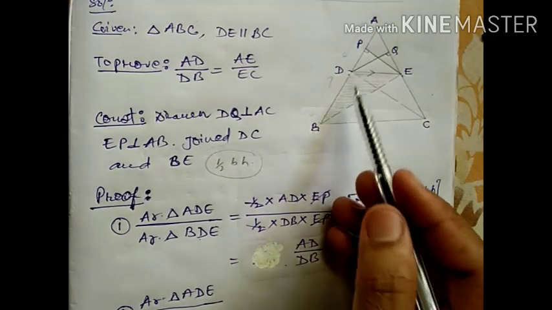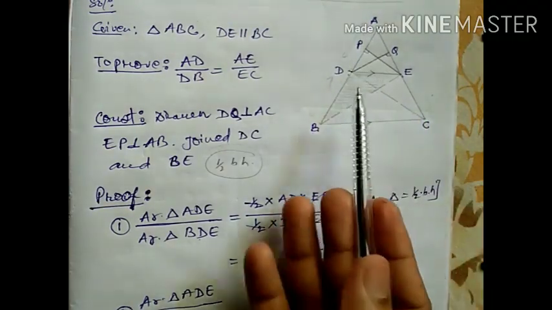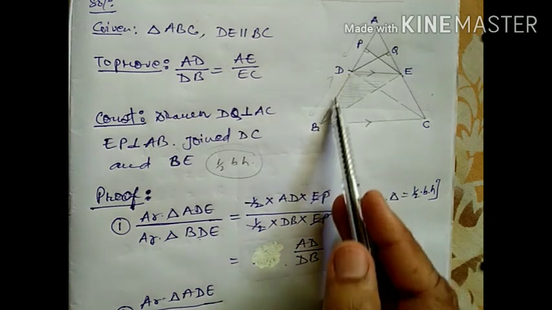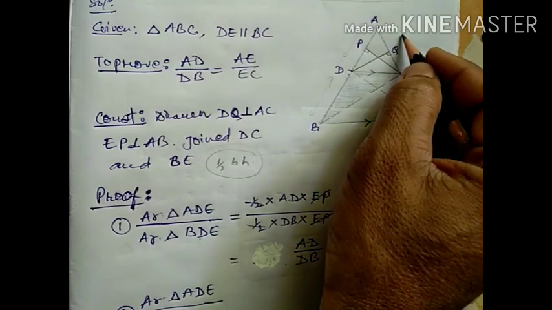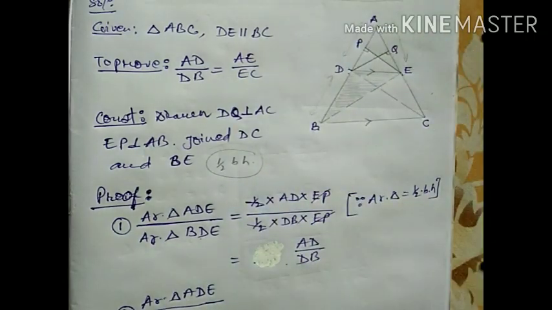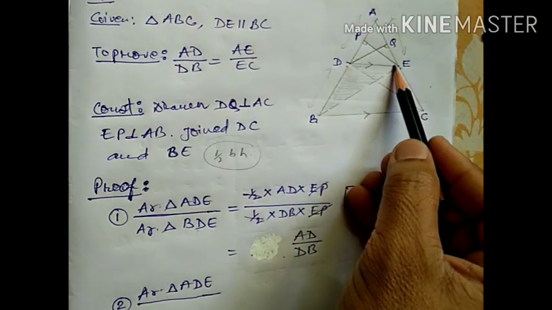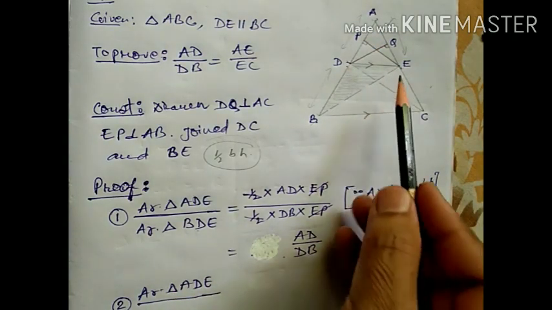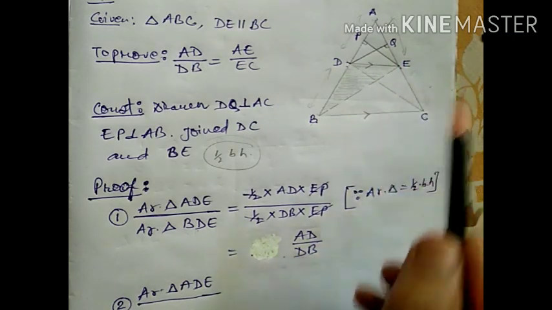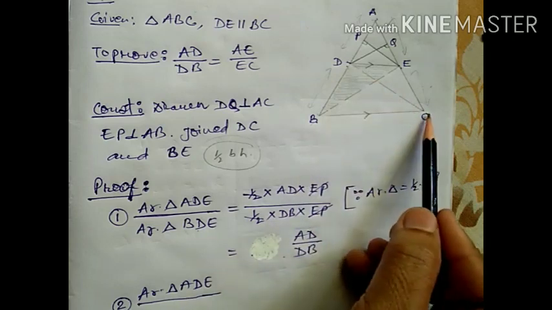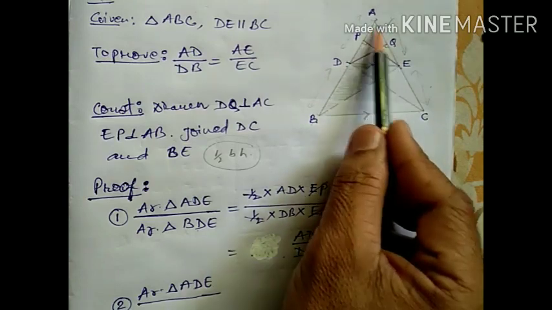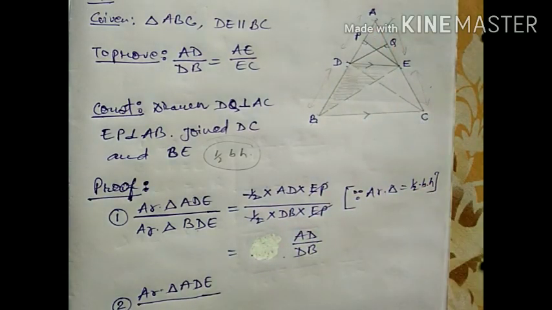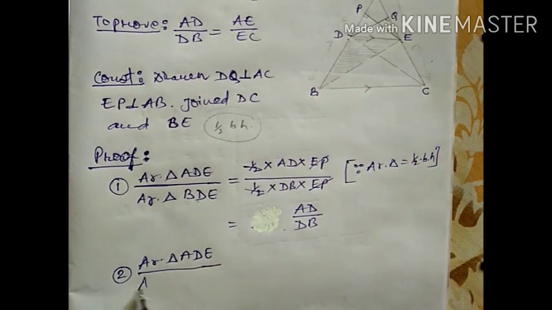Earlier I have taken the side AD as the base, so I took the other triangle DBE. Now I will concentrate on the right side as the base. I will try to take AE as the base. This one is the base. So the other triangle that I am going to take, one triangle I already have taken, ADE. The other triangle is joined with this, and the base is EC. That means the triangle I am getting here is CED. That is a triangle which is joined with ADE as well as having the base on the right side. So divide by the area of triangle CED